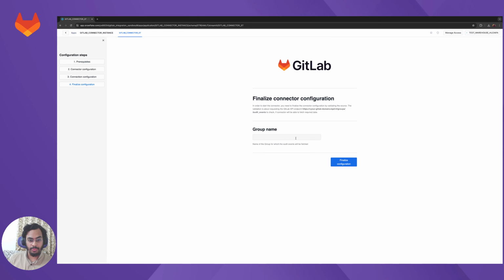Now this is the group for which we want the audit events to be pulled in. So I'll just add the GitLab org group here and finalize the configuration.